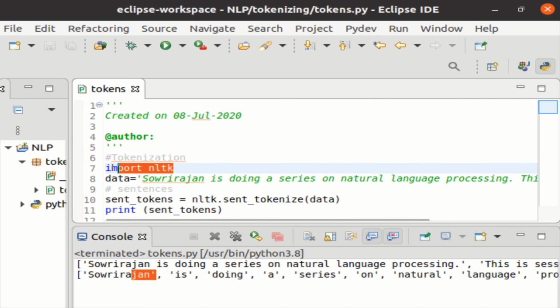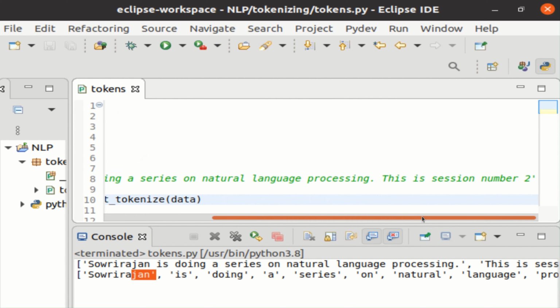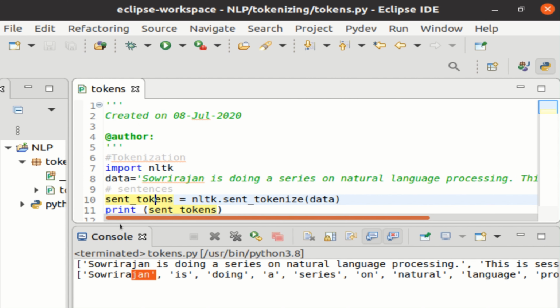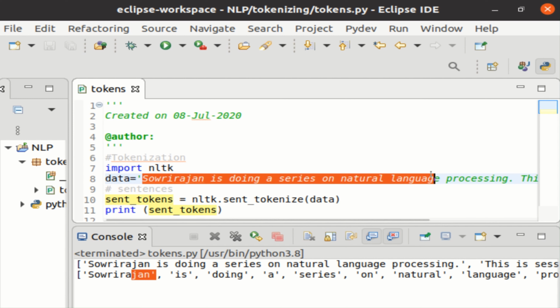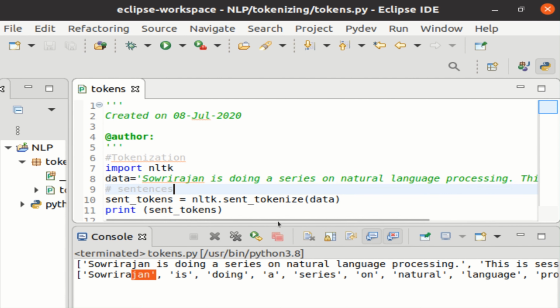I have imported the natural language toolkit in my code. I have a very simple data here. It just has two sentences. I'm going to demonstrate tokenization on this data. This data can be a file, it can be anything. But for the demonstration purpose here, I have just given the text directly here.